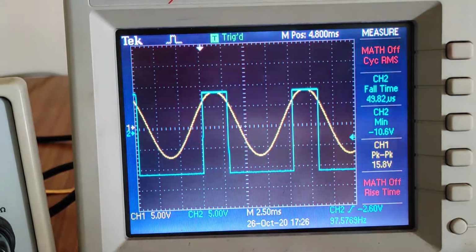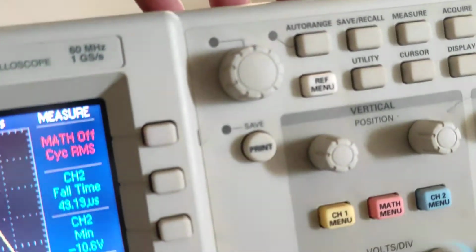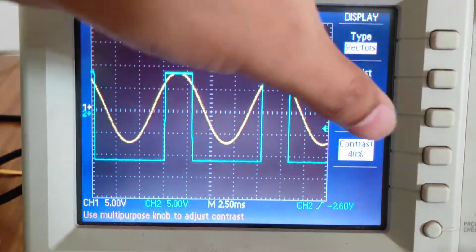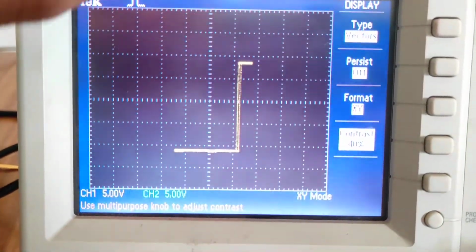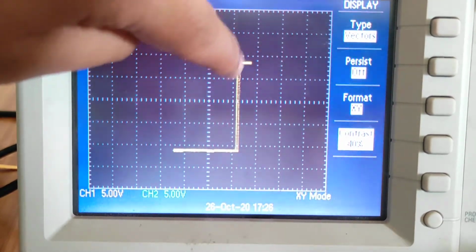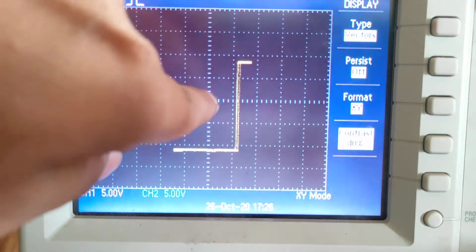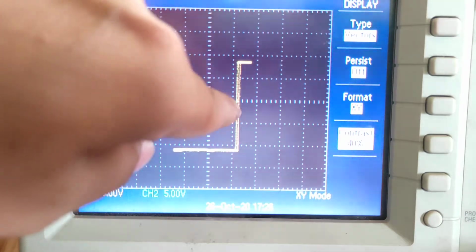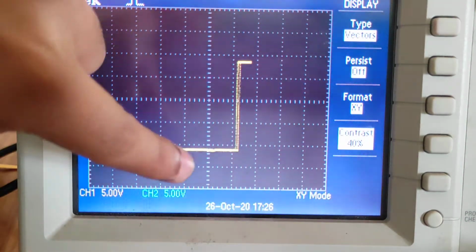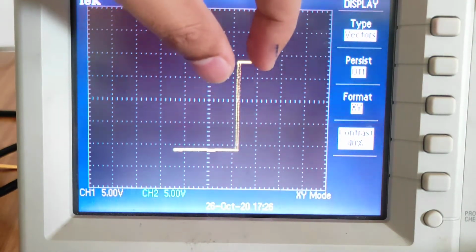Now if I go to the display button, this is your display button, and this is your format, now change to XY axis. Now it is showing that around 5 volt it is getting triggered, means after 5 volt this is your input channel, from 0 it is starting and till 5 volt it is minus V set, and for a longer period of time it is in minus V set, and for a smaller duration it is in plus V set.